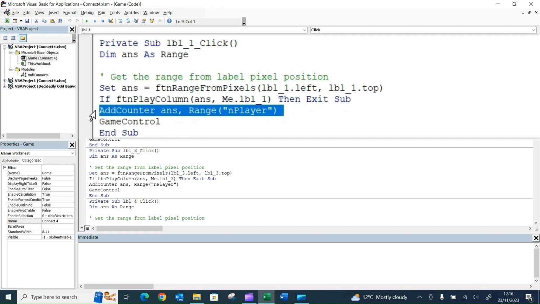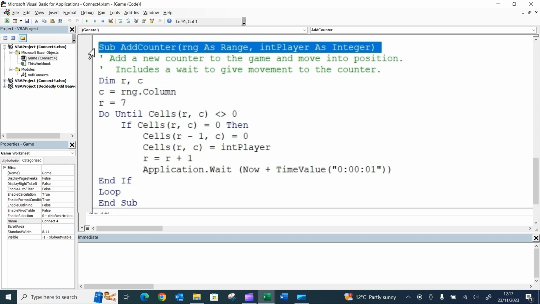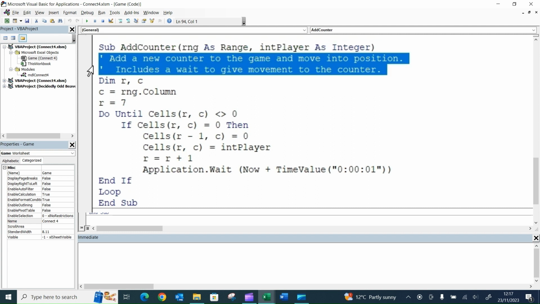The next piece of code is adding a counter to the column, and we call add counter. We have a range that we pass to it, and we pass the player. This will be either player 1 or player 2. Add counter subroutine, as we saw, takes in a range and will take in the player as an integer. And our notes say: add a new counter to the game and move into position, includes a wait to give movement